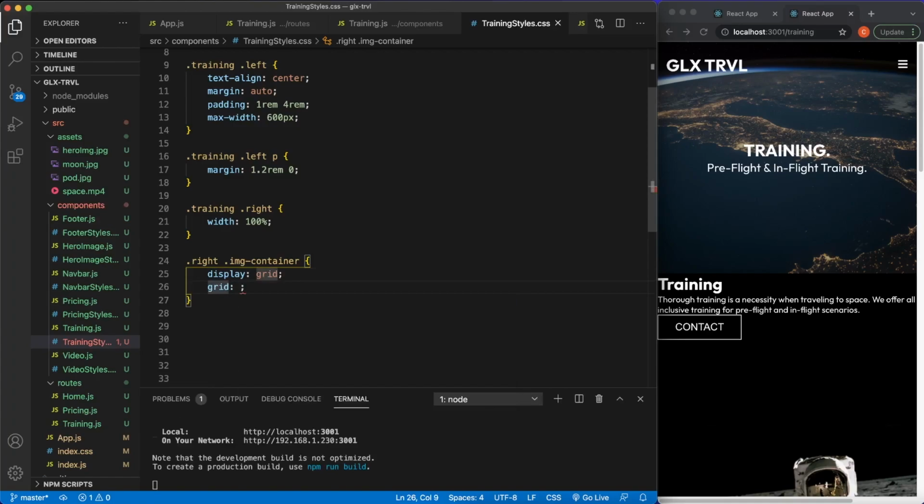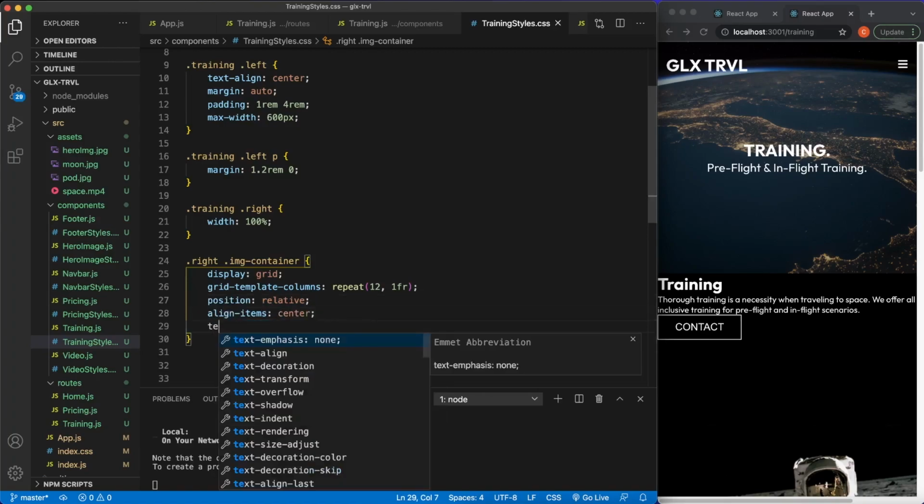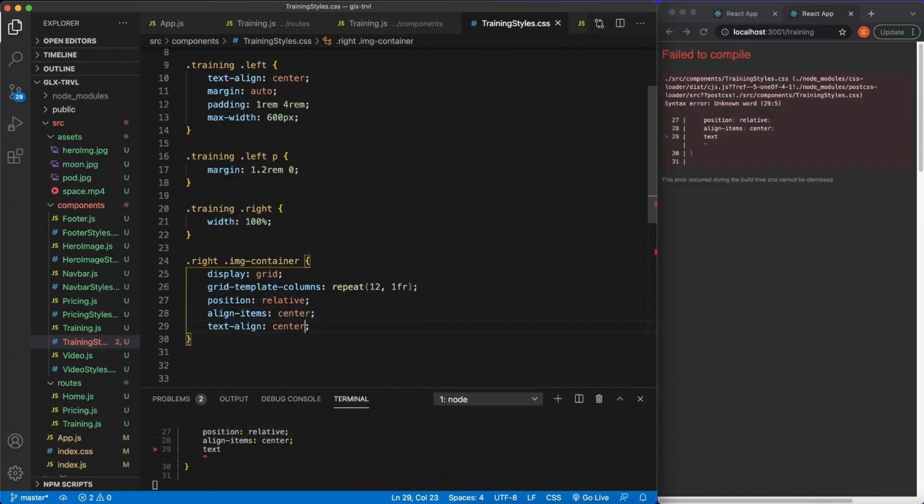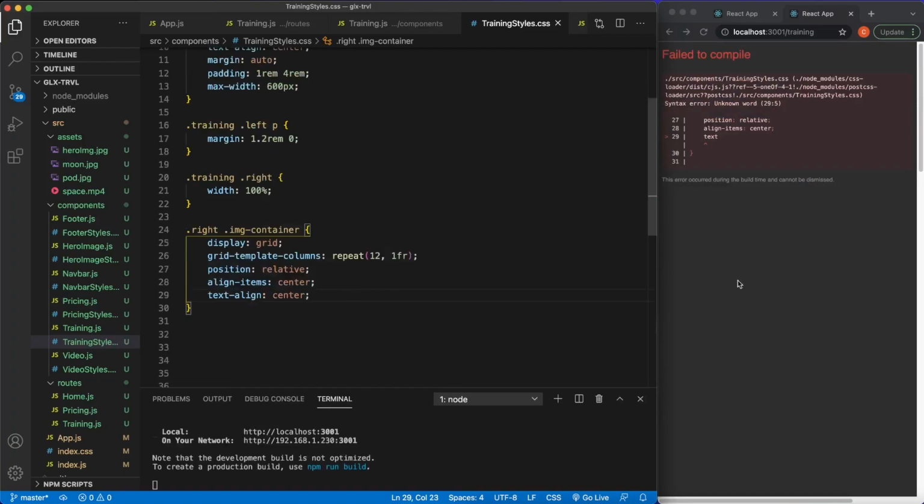So here is how this might get just a little confusing. Basically, we're going to line our images up, and we're using the grid system, which is broken down into 12 fractions, displayed horizontally across the page. Give that position of relative and align items center. And this is how we're going to stack our images. I should probably go ahead and, I'm just gonna